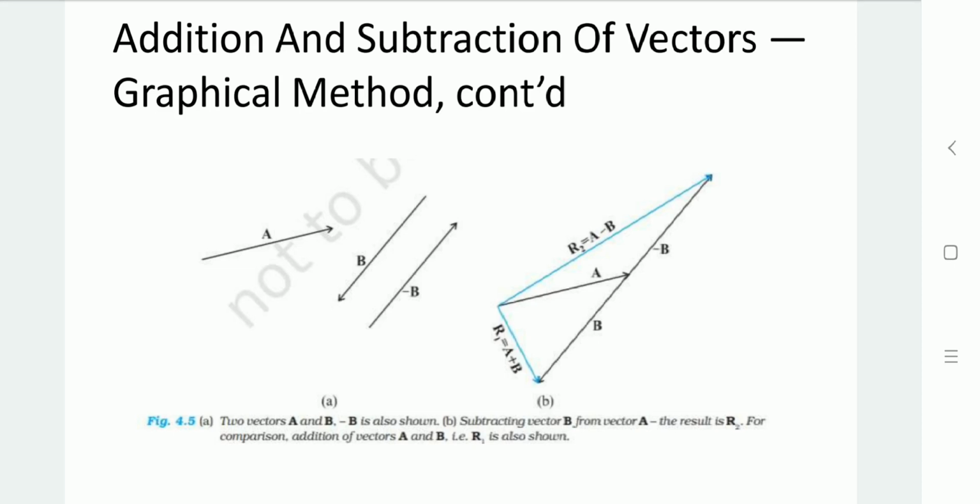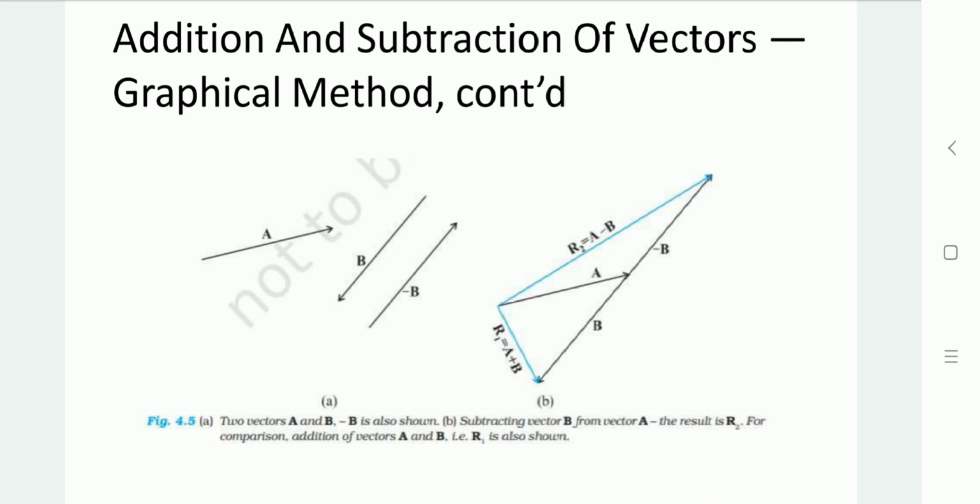So now, let us take vector A. From the head point of vector A, let us start to define a vector minus B. So that will be the resultant vector A minus B. In the other way, the addition also can be possible: from the head point of vector A, represent a vector B, as you can see in the diagram. So vector A and vector B will give the result in the form of addition, that will be A plus B. Am I clear?